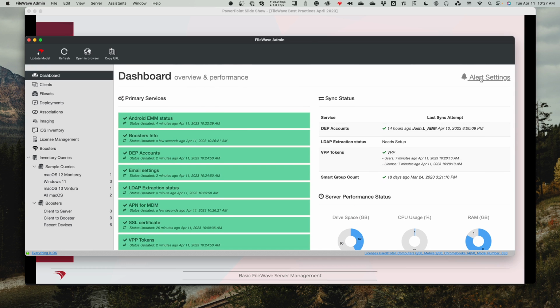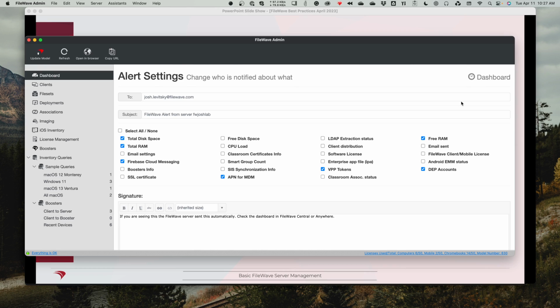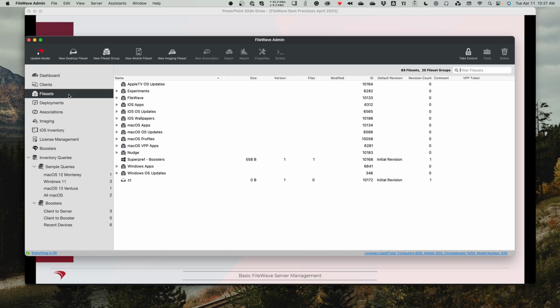We do have, and this is covered in a later slide, but I'll speak to it now, an alert about free disk space. So you could also have the system tell you. But if you're doing VMware or Hyper-V, you could set up alerts in there to tell you that you're running out of space in your virtual environment. So that's something to look out for, that you're running out of space, but also just keeping things clean. So if you look at my server,